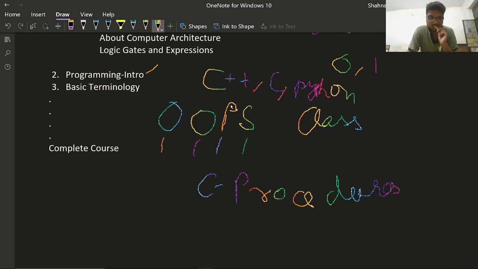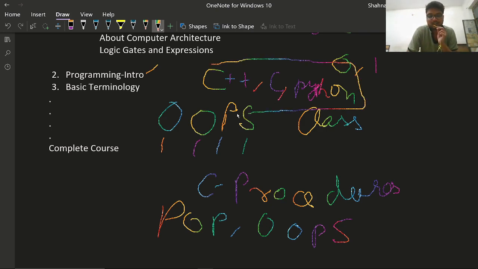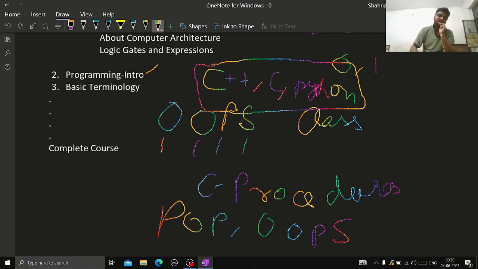But in the initial phases, to understand the fundamentals of programming, I will suggest you go with Java, because in Java every concept is present. You will get the concepts of POP, and you will get the concept of OOPS. Although it's very tough, I know that, but when you understand a tough language, then all these easy languages will be a great deal for you. So I will teach you from the basics.